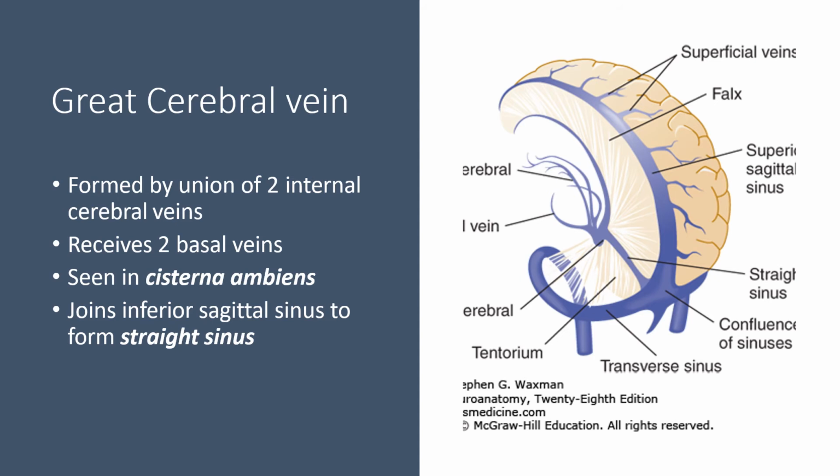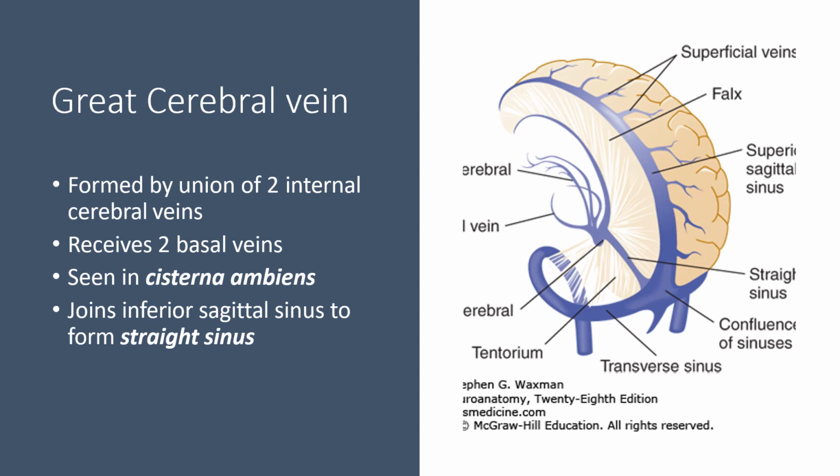Regarding the internal cerebral veins, there are two internal cerebral veins which are located on either side of the midline in the tela choroidea of the third ventricle. We will see about the great cerebral vein. The great cerebral vein, also called the vein of Galen,